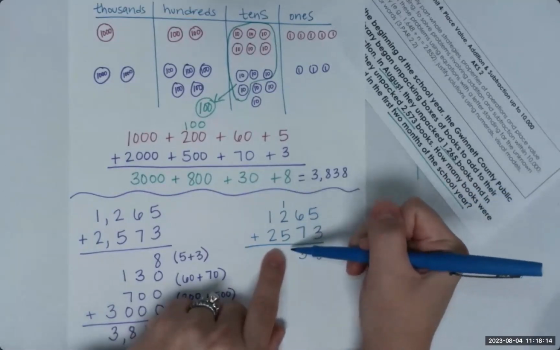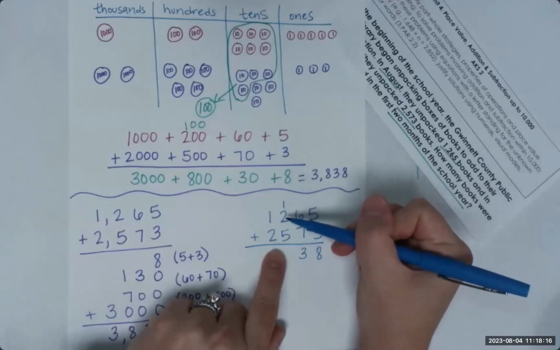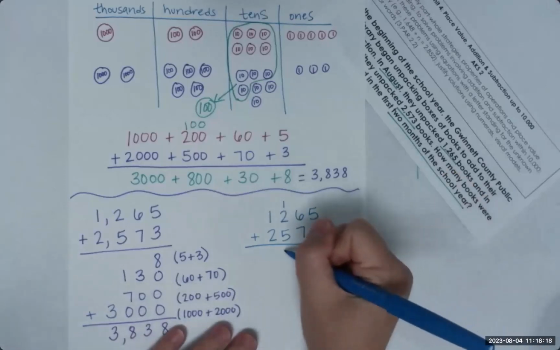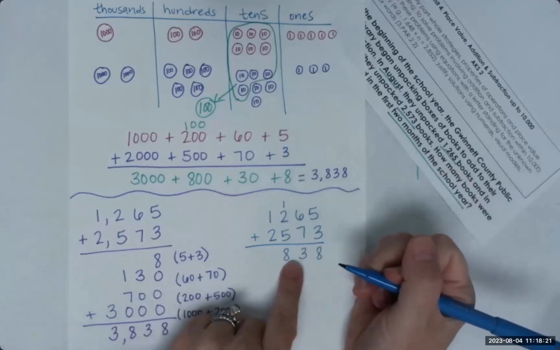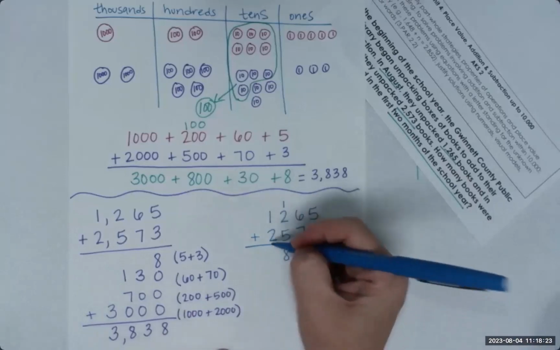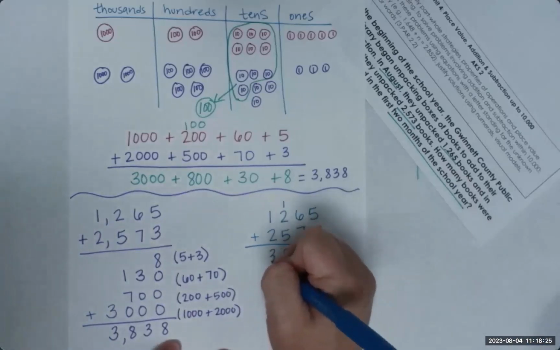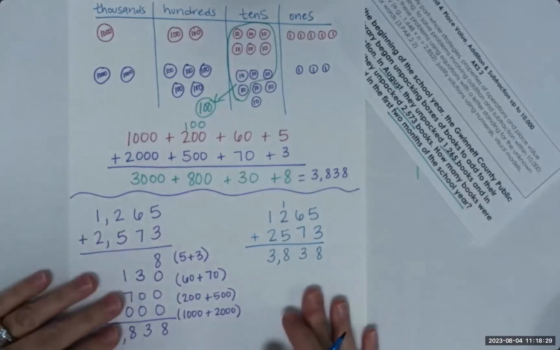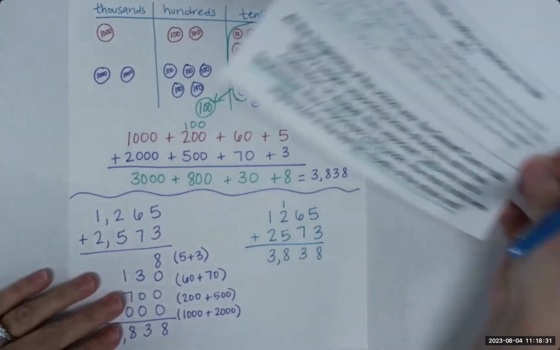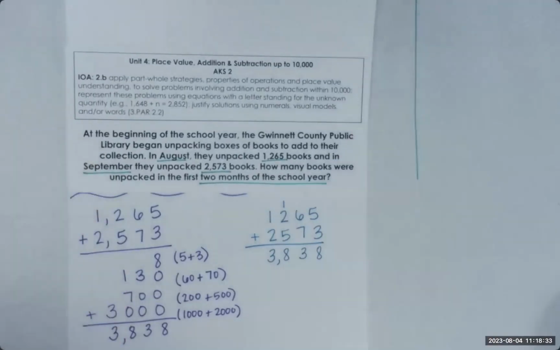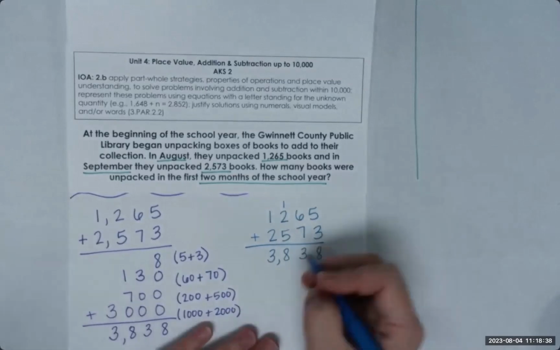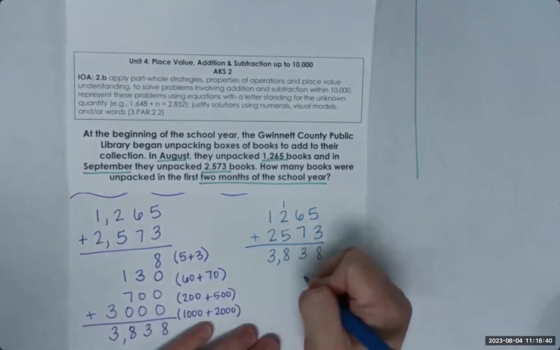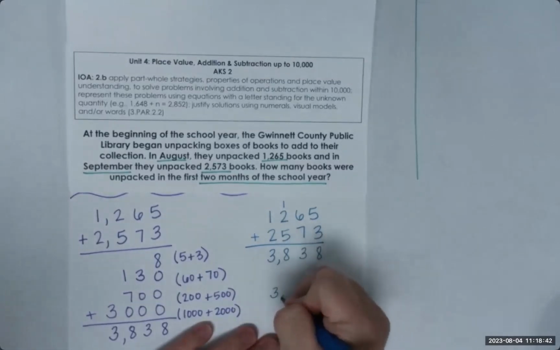So now I'm in my hundreds place. I have 100 plus 200 plus 500, which gives me 800, which makes sense. I'm in the hundreds place. And then finally 1,000 plus 2,000 is 3,000. So 3,838 books. So how many books were unpacked in the first 2 months of the school year at the Gwinnett County Library? There were 3,838 books